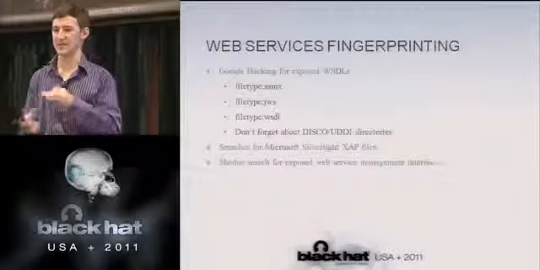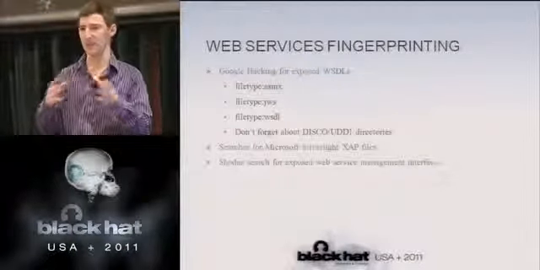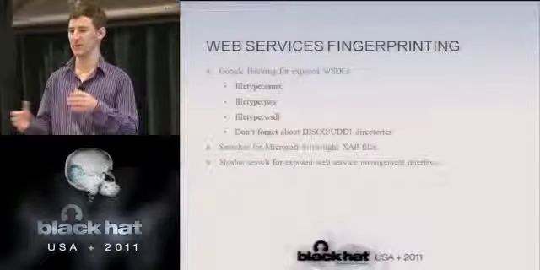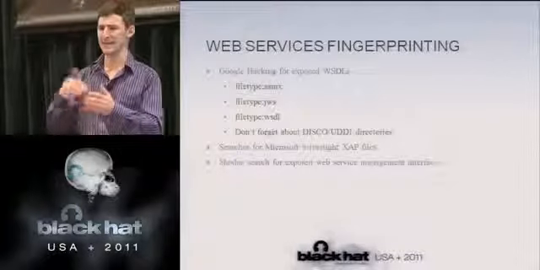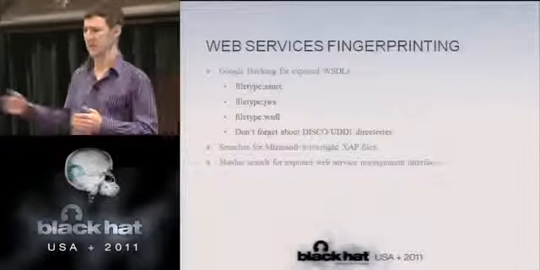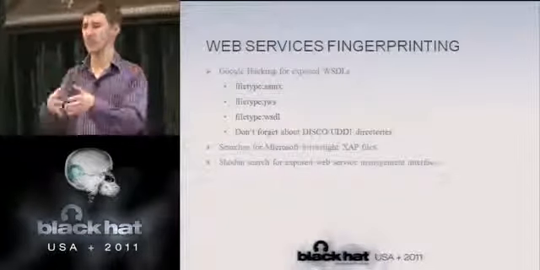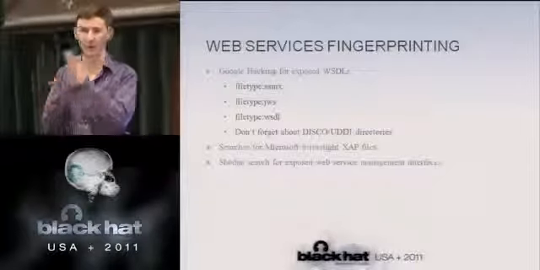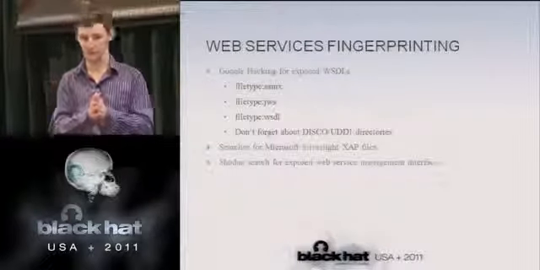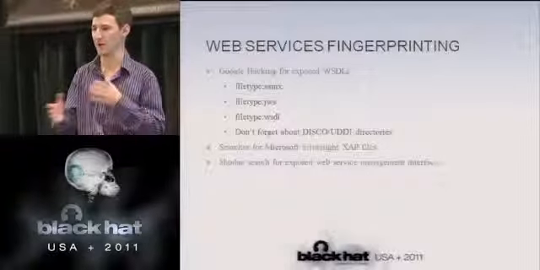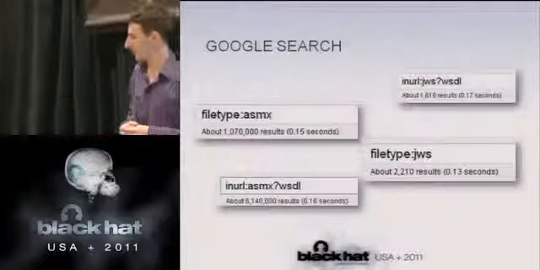The WSDL is basically the data definition of how you represent a SOAP request. It provides a little guidance for the tools as well as the pen tester to be able to construct those SOAP requests. The problem is that if you only have the WSDL, you don't have valid data to transmit to this web service. That's one of the things we've included inside of our white paper: we wanted sample web services requests with valid data to be able to enumerate and look at valid requests. Because I can see a particular value that is supposed to be sent here. I know it's an integer, but I don't know a valid integer to be transmitted. So it helps to reduce that ambiguity.